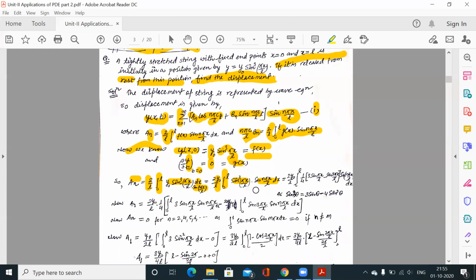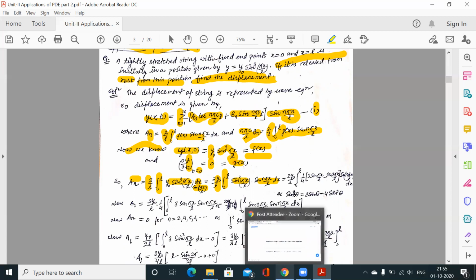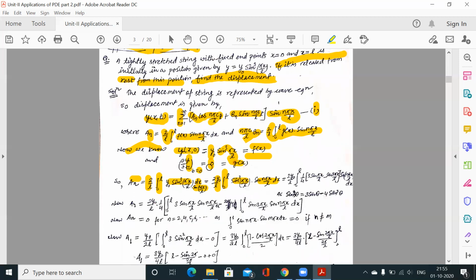Now this is integration only, and I assume that you know integration very well. So how to integrate this? This is a sine function, this is a sine cube function, and if you remember the formula, sin 3 theta is equal to 3 sin theta minus 4 sin cube theta. So from here sin cube theta is equal to 1/4 (3 sin theta minus sin 3 theta). Clear? So I have used this formula for sin cube theta.